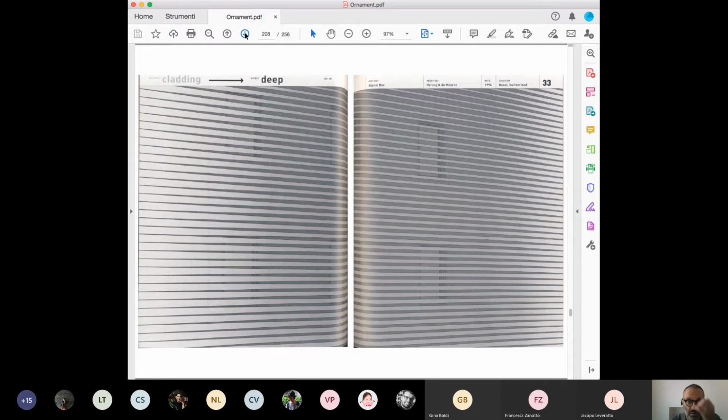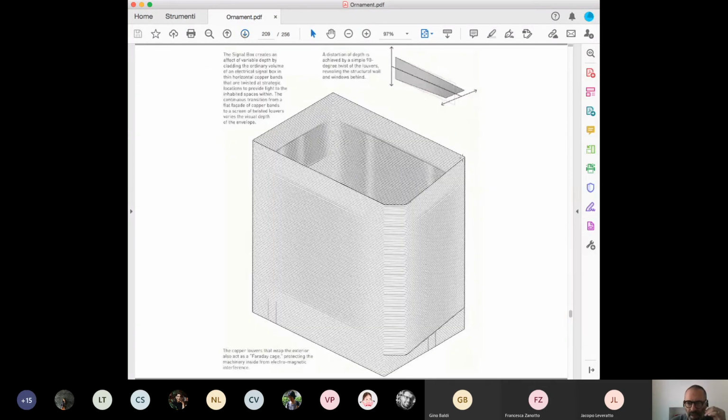This is another building, the signal box by Herzog & de Meuron, made in 1994. Again, the cladding is the material and the effect is the deep. This is a very bad construction in concrete in the middle of the railway, in the Basel station, in the middle of the rails, and they wrap completely the building with these copper louvers that cover everything, the concrete part,